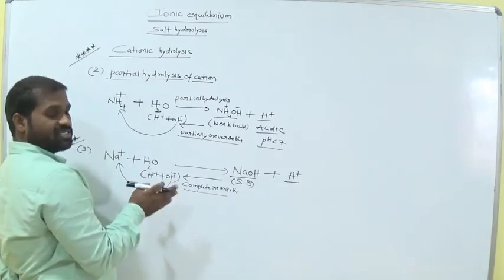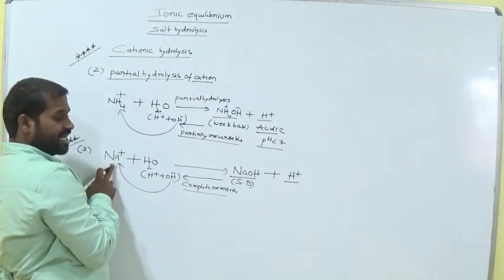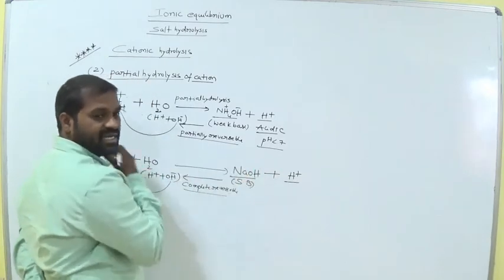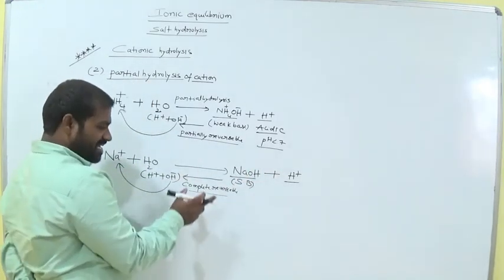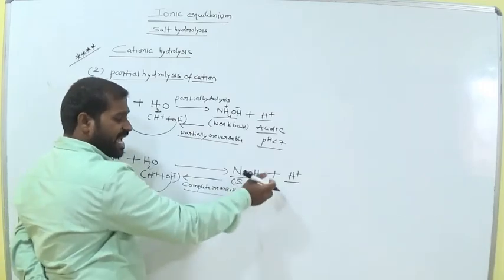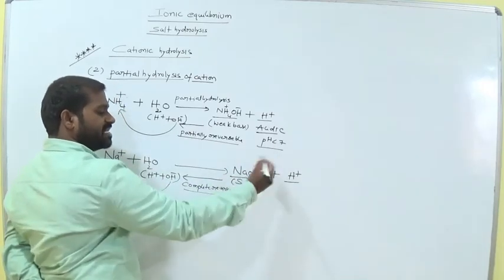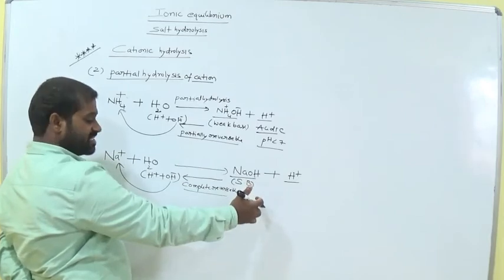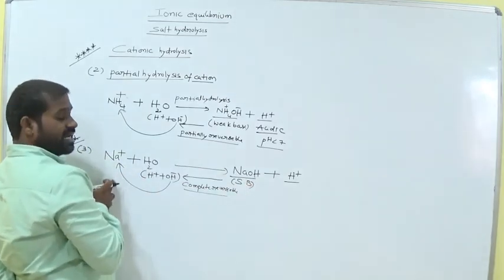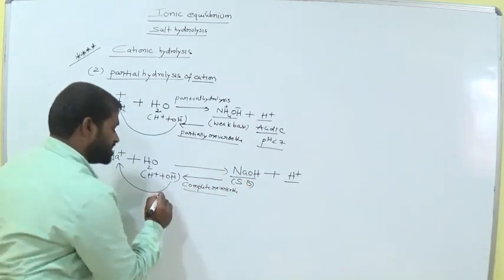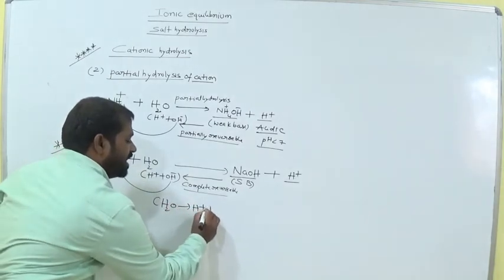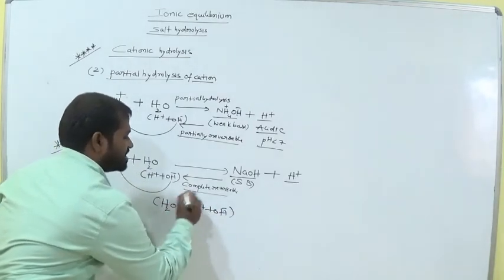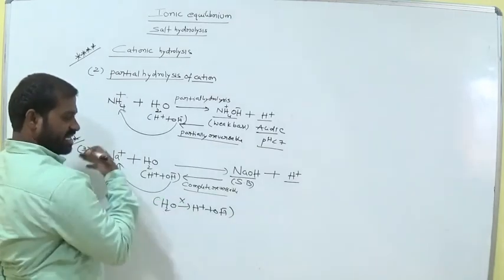So actually hydrolysis means that when water interacts with this cation, it produces H plus or OH minus. Suppose in the case of a cation, it produces H plus. Okay. So now it is a strong base. Again it gains this H plus, and this H plus gives H2O and Na plus. That means there is no hydrolysis, no splitting of H plus and OH minus in this case. Am I right? Why? Because it is completely reversible.